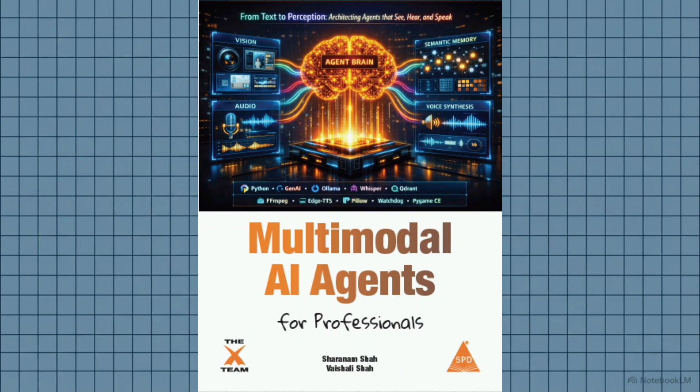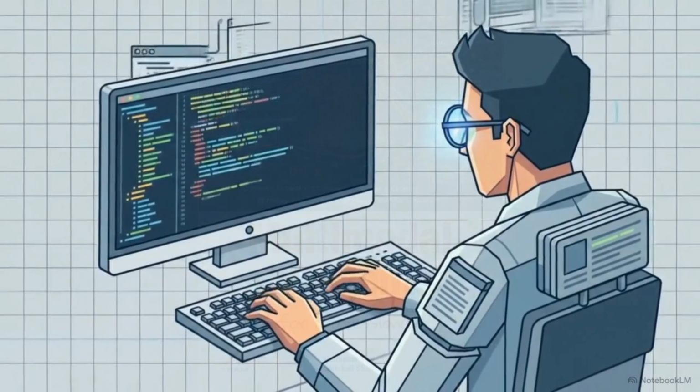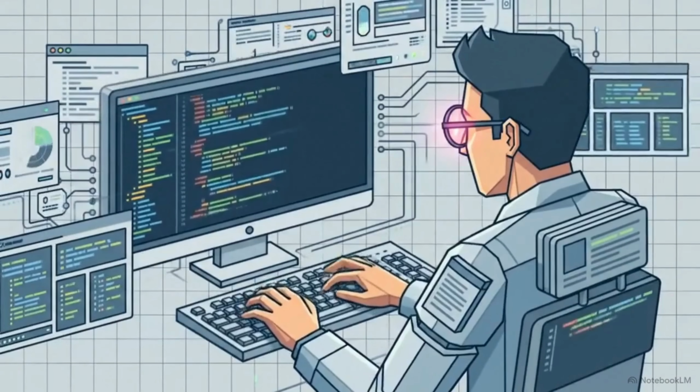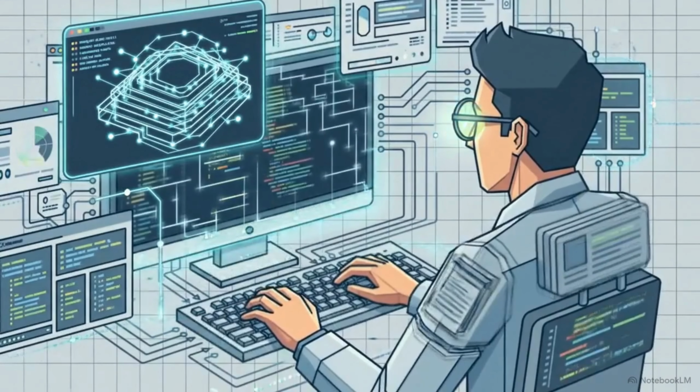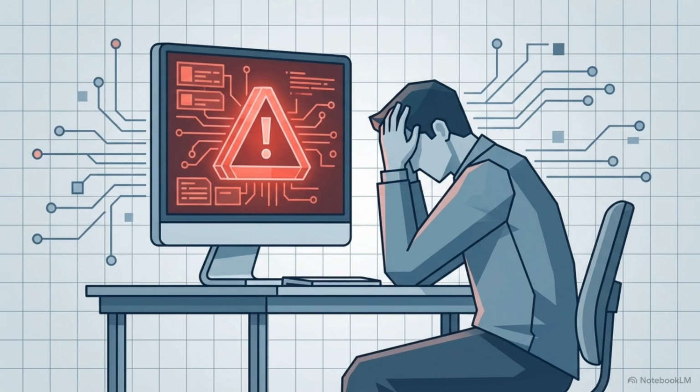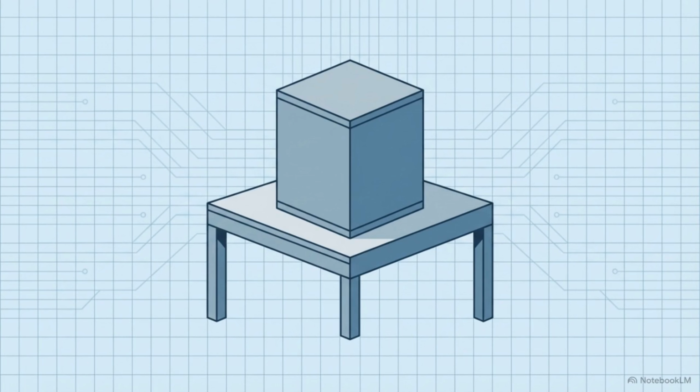Multimodal AI Agents for Professionals provides the architectural blueprint for building applications that can perceive and act in the physical world. You type a prompt into a chat box and watch the machine generate poetry, executive summaries, or debug complex Python scripts. But professional developers often hit a wall when asking an AI to perform a real-world task. Instead of executing the work, the model provides a text summary of what it would do if it weren't trapped